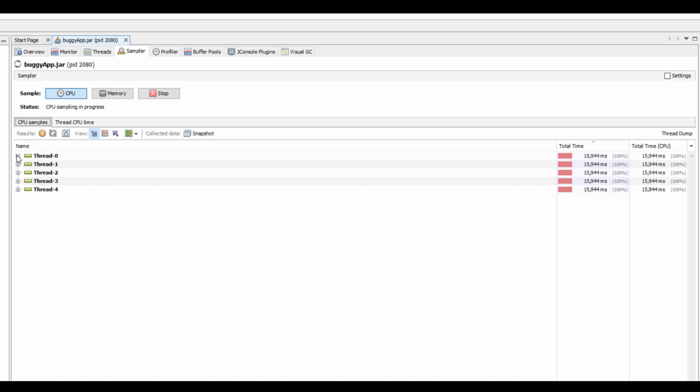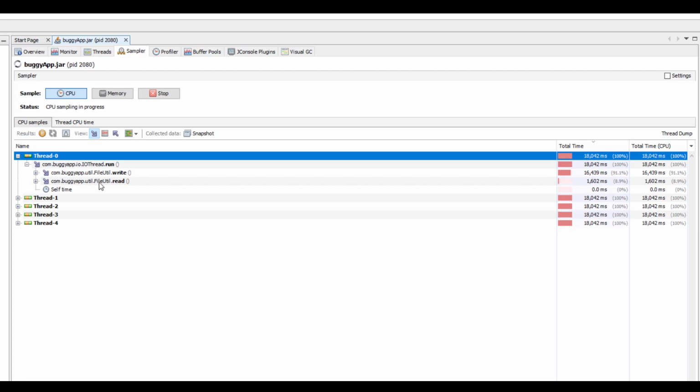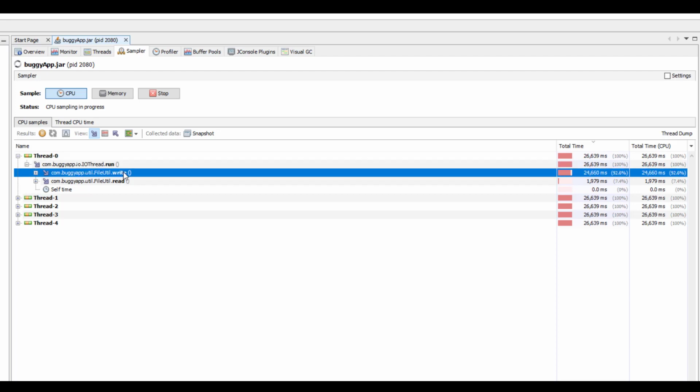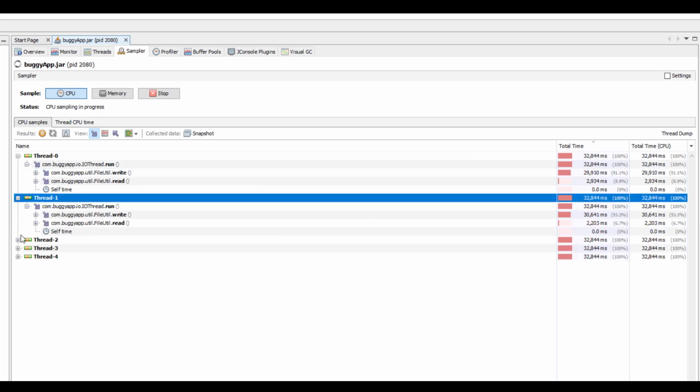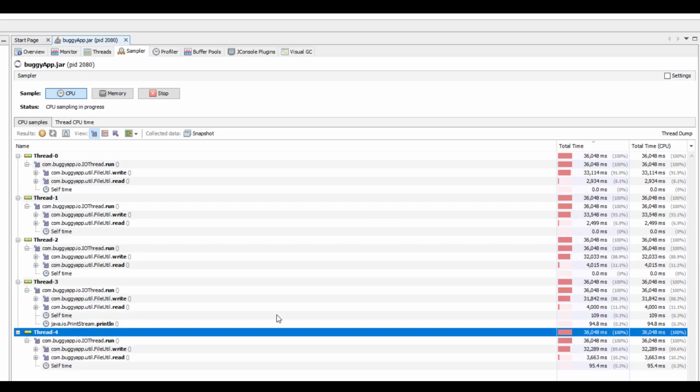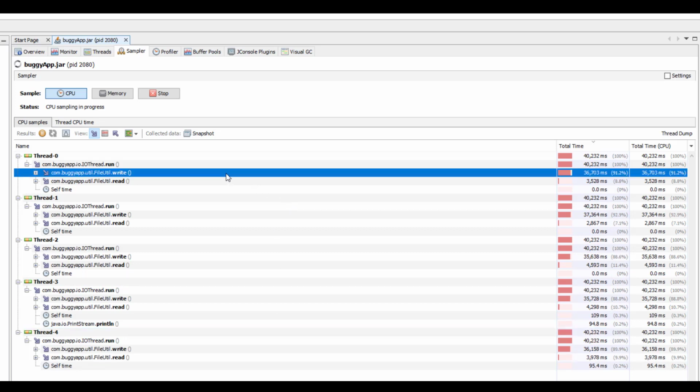Now let us expand thread 0, and here you can see it is pointing to the class iothread.run, and inside iothread.run we have the write. So write is taking more time than the read operation. Similarly, you can expand all the threads and see what's going on in each thread. All the threads are doing the same thing again and again. Mainly the write function is taking more time than read.